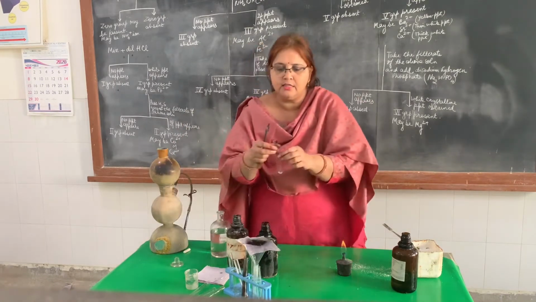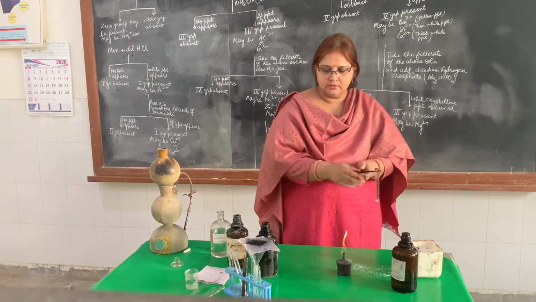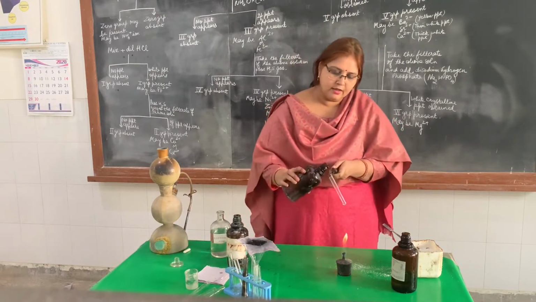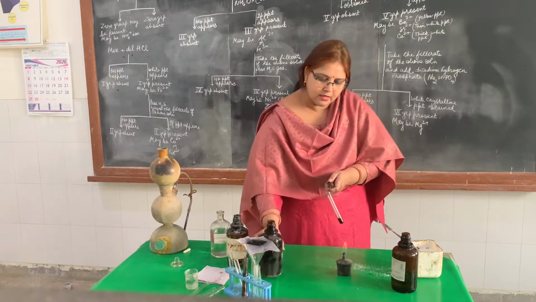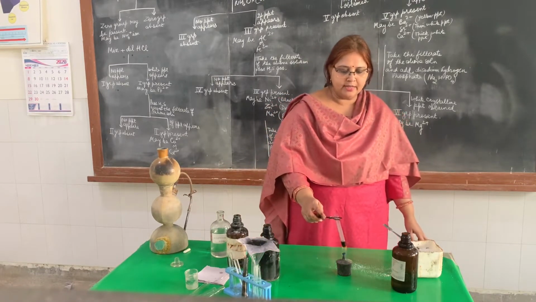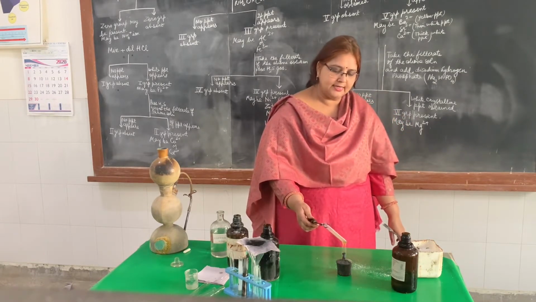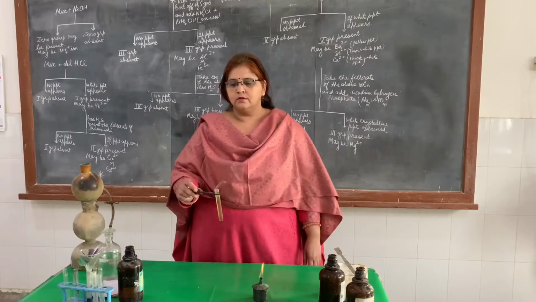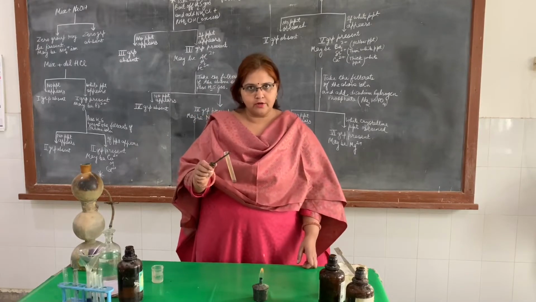I have taken the precipitate and now going to dissolve it in a minimum amount of aqua regia. Make sure that it is dissolved completely. The minimum quantity of aqua regia is needed, and boil it off till dryness. Cool the test tube. Add a few drops of water to it.